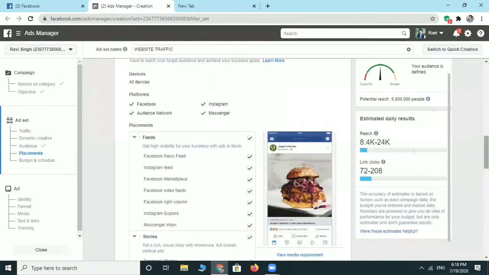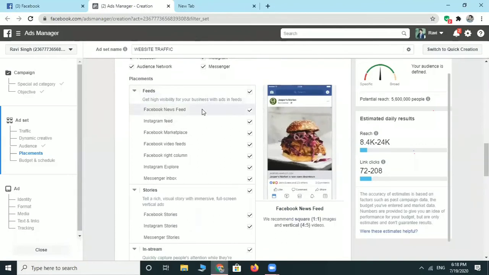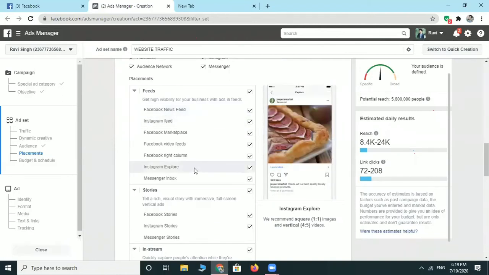Okay, now just come down. They have even given options in Facebook for where you want to show your ad. Like on the Facebook news feed or the Instagram feed or Instagram Explore. Like if we search, that is called Instagram Explore.